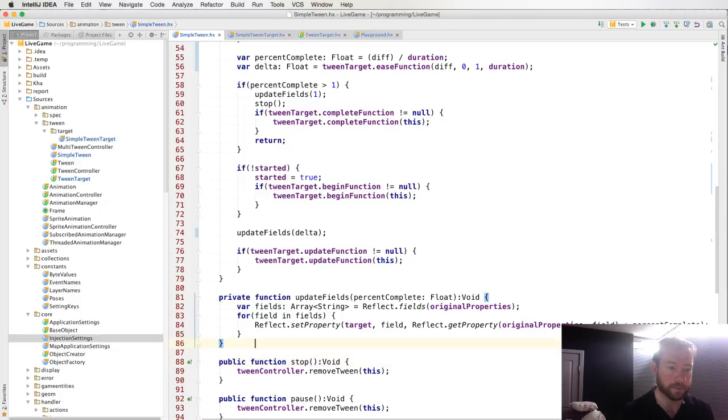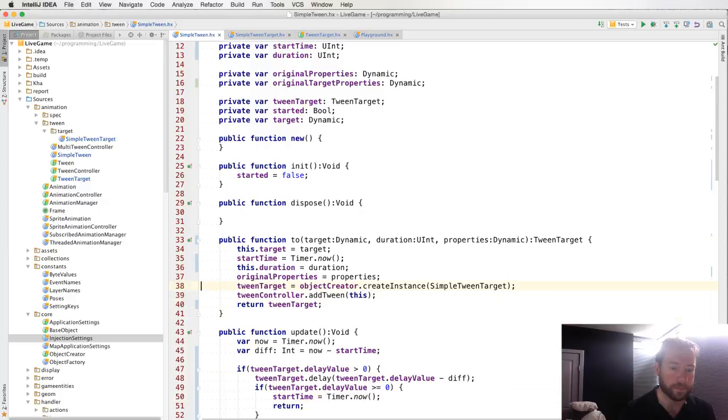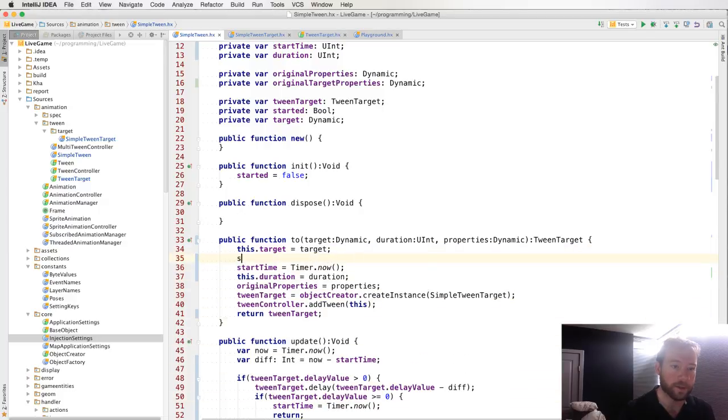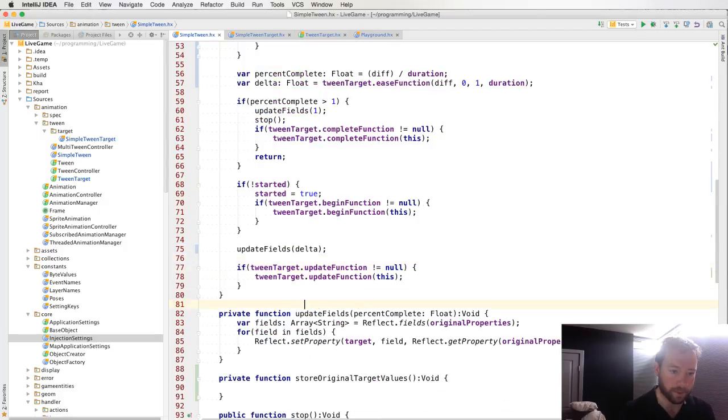So we're going to do store original target values. And this is going to be the target. And in fact, let's leave that way. And then we can say store target values. One thing we can do to make this faster, we can make this inline. Sped this up a little bit. We can also make this inline. And now